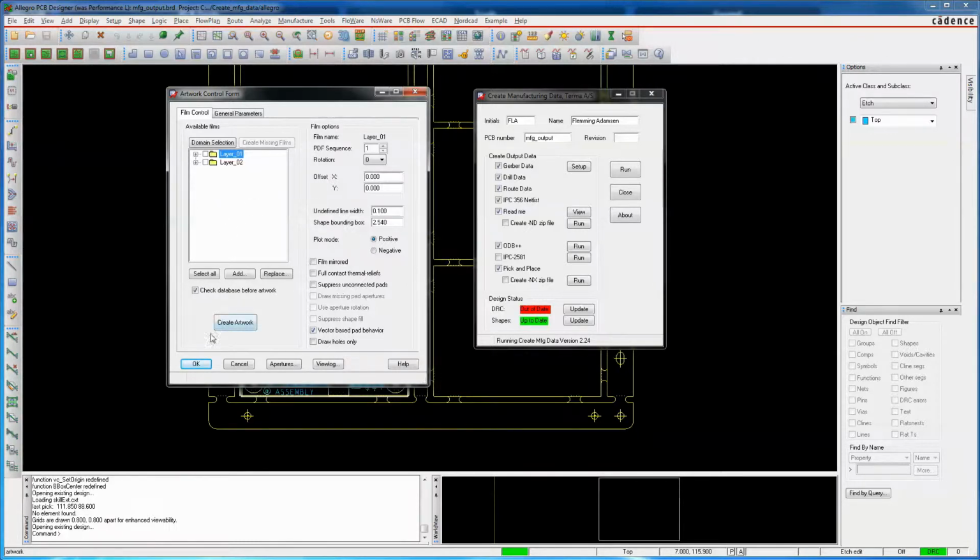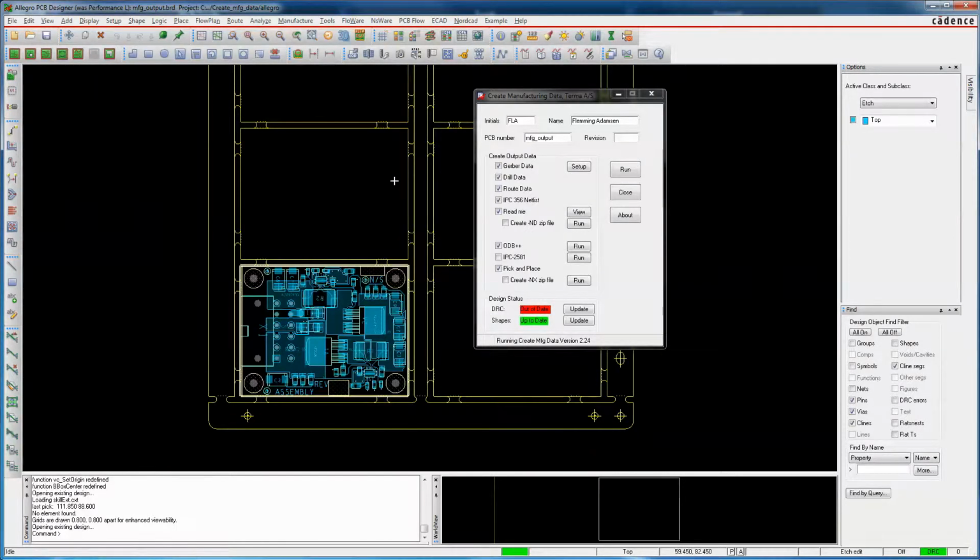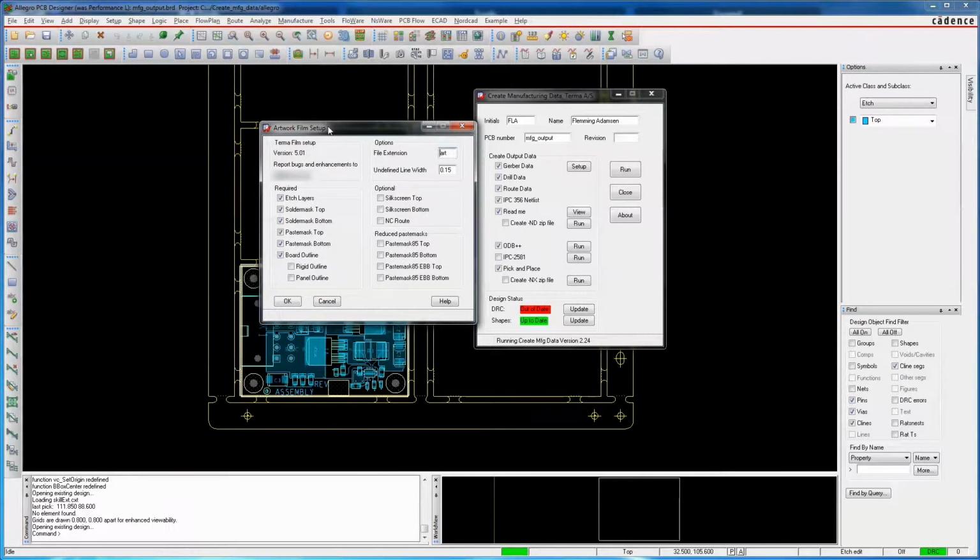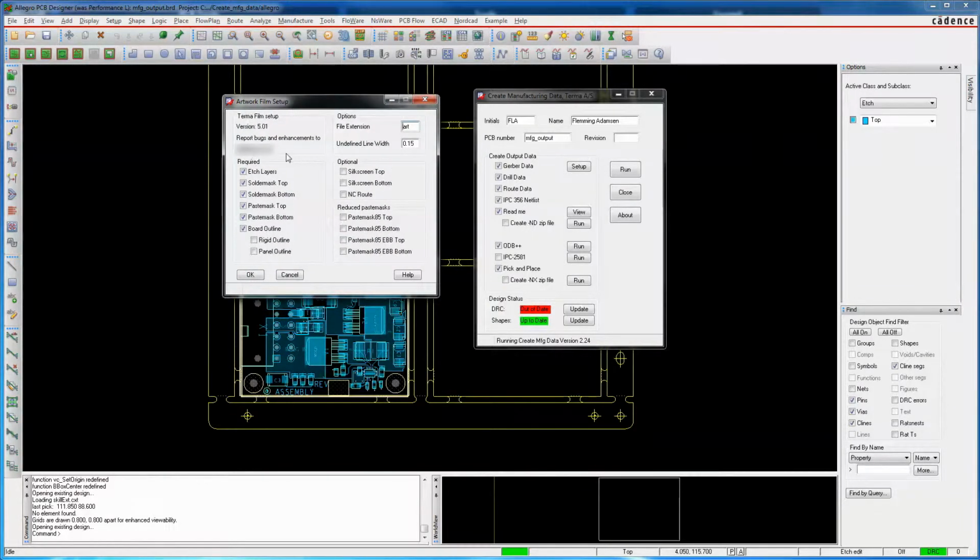So what we'll do is close this one and go into the film setup. We can do that by clicking this button or choosing it here. This form will set up our artwork layers.